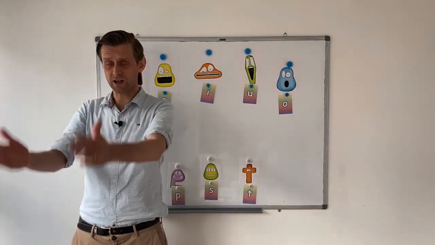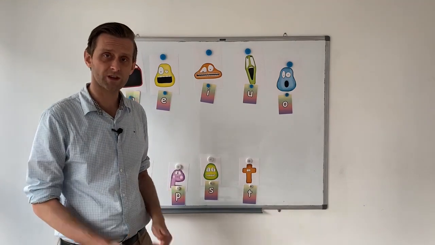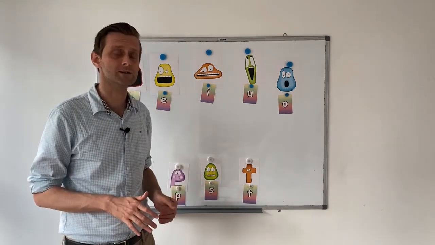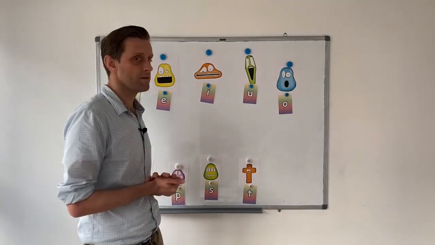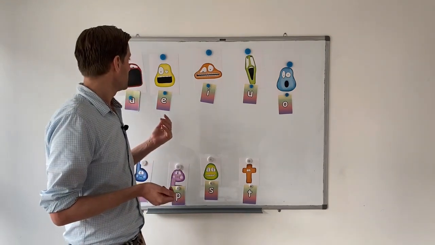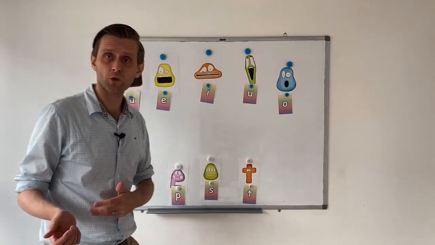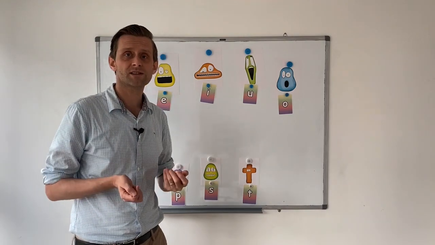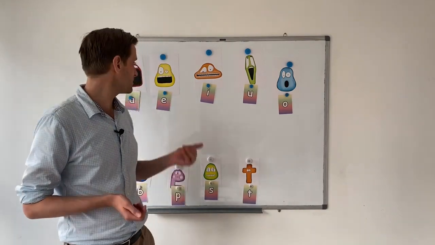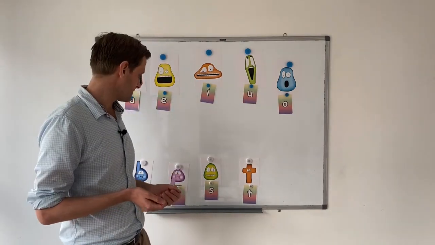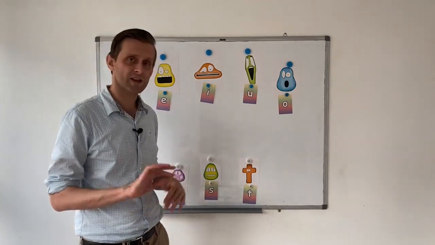We can get the students to line up, make it much more of a physical activity. Each takes their turn to come up to the board, and they have their moment being the focal point at the head of the class. We can do it so that when the sounds have been used, they're taken off the board, and that way we know that we're practicing all of the sounds equally. So if you've got a group which tend to rely on some of the easier sounds to form, for example at and o, and they tend to shy away from the more challenging blends, then you have a way of making sure that